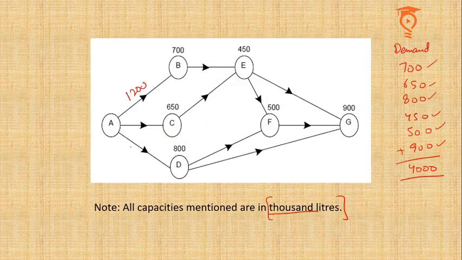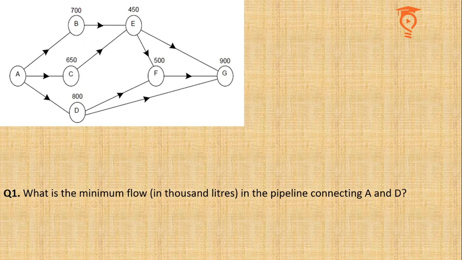Suppose you send 1200 units in the pipe AB, 700 will be consumed and 500 will be flowing in the pipe BE. But the capacity is 750. So the slack is the difference between the capacity and the actual flow. So slack is 250. So basically the flow plus slack is equal to capacity, which is equal to 750. So whatever be the flow, the remaining will be the slack. I hope the concept about slack and the concept about the minimum and maximum flow in the source pipes AB, AC and AD is clear to you. So let us now move ahead to the questions.